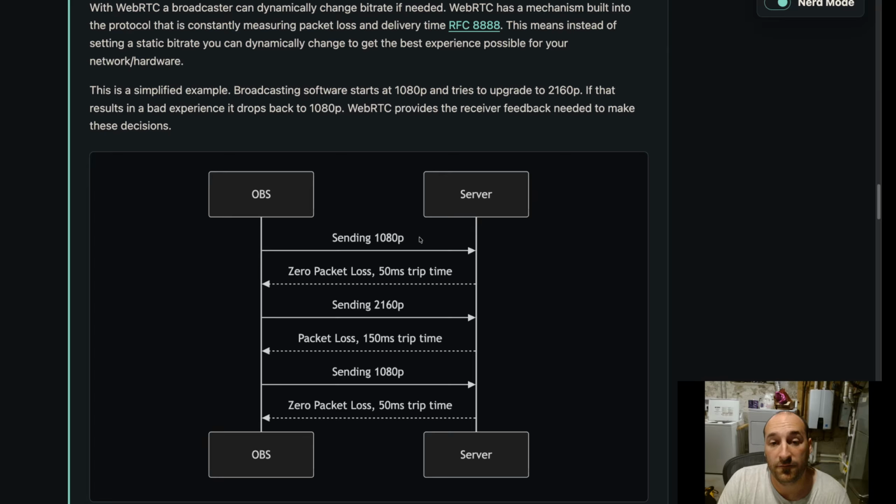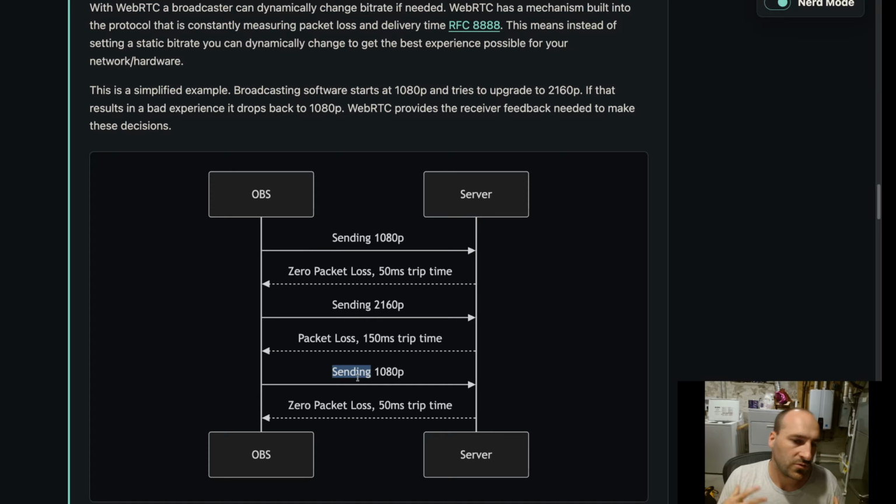And so what we could have in the future is where OBS is getting metadata back from the server that tells it how much bandwidth is available. So imagine you start your stream and it goes at 1080p and it's beautiful, but you have enough bandwidth to then upgrade to 2160p. But then someone comes on the network and they start watching Netflix or torrenting or something, and they like bomb the bandwidth. Server could respond and say, hey, you actually don't have enough bandwidth now, I need you to downgrade.